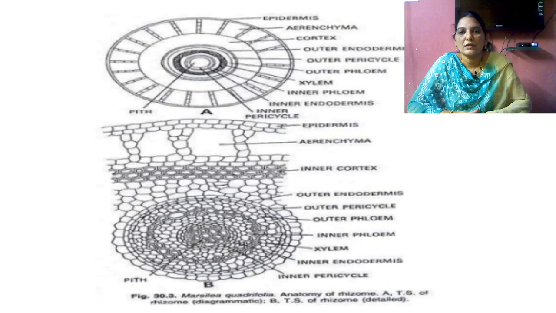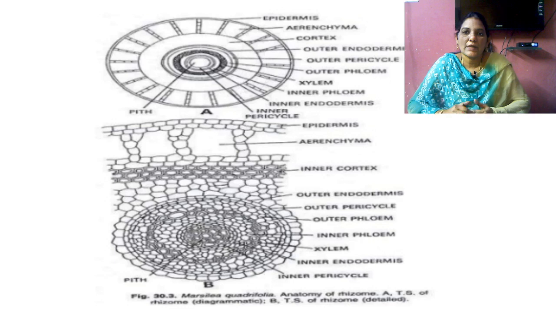So below the outer cortex, the middle cortex is present. The middle cortex is made up of 2 rows of parenchyma tissue and 2 rows of sclerenchyma tissue. Parenchyma tissue has very thin cell walls and sclerenchyma tissue has very thick cell walls. So sclerenchyma tissue gives mechanical support to the plant. Next, the inner cortex is made up of parenchyma tissue. Below the cortex the stele is present. Here the amphiphloic stele is present, and the xylem is present in the middle of the stele.